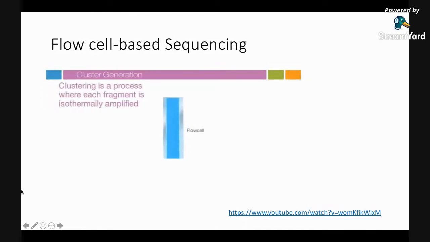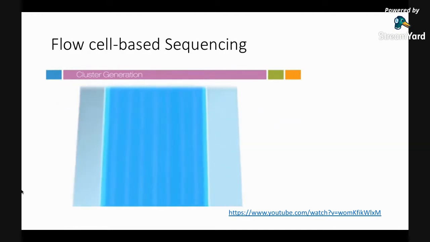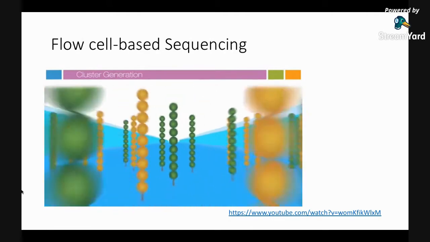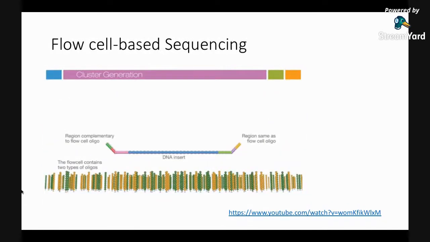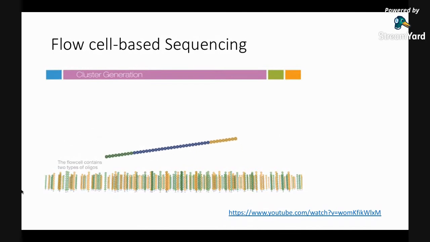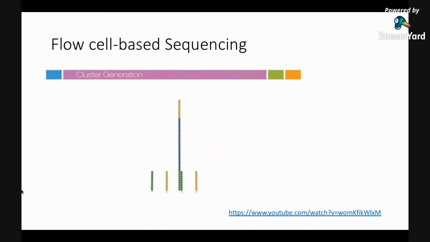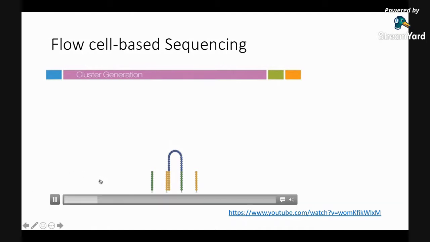Clustering is a process wherein each fragment molecule is isothermally amplified. The flow cell is a glass slide with lanes. Each lane is a channel coated with a lawn composed of two types of oligos. Hybridization is enabled by the first of the two types of oligos on the surface. This oligo is complementary to the adapter region on one of the fragment strands. A polymerase creates a complement of the hybridized fragment. The double-stranded molecule is denatured, and the original template is washed away. The strands are clonally amplified through bridge amplification. In this process, the strand folds over, and the adapter region hybridizes to the second type of oligo on the